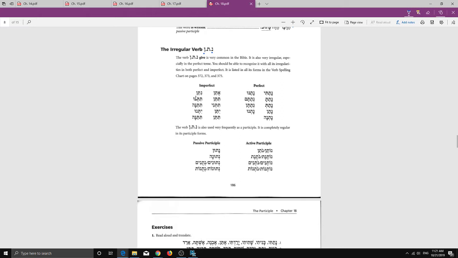Then we have nitain. Notice, although this is a nun, again, this is not the nun that's part of the original verb. This is the nun that is the signal letter for the first common plural imperfect. So nitain. Titnu, titenu, titena, and on this form of the verb, both nuns have dropped out. Our first one has become this dagesh, and our second one has become this dagesh. So technically, all that we have left of the original verb is this tav right here in the middle.